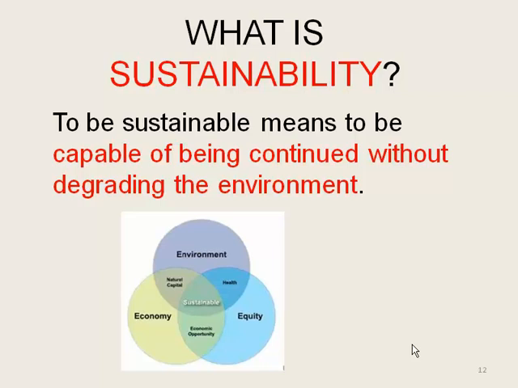You'll see this tripartite diagram down here where three areas provide the foundation for what we consider sustainable practices or activities or businesses. There's an environmental component, there's an economic component, and there's an equity or social component. There has to be balance between these to some degree, and all of them have to be present in order to ensure that the activity or business or product production that they're contributing to is truly sustainable.